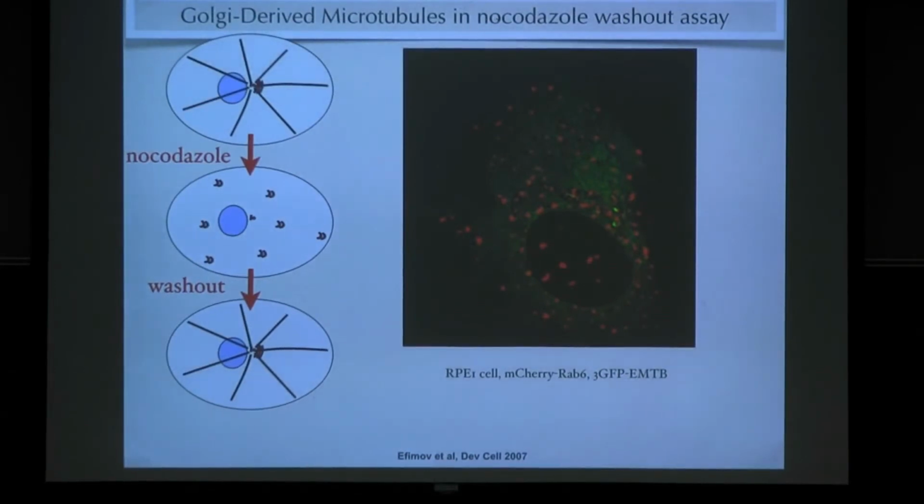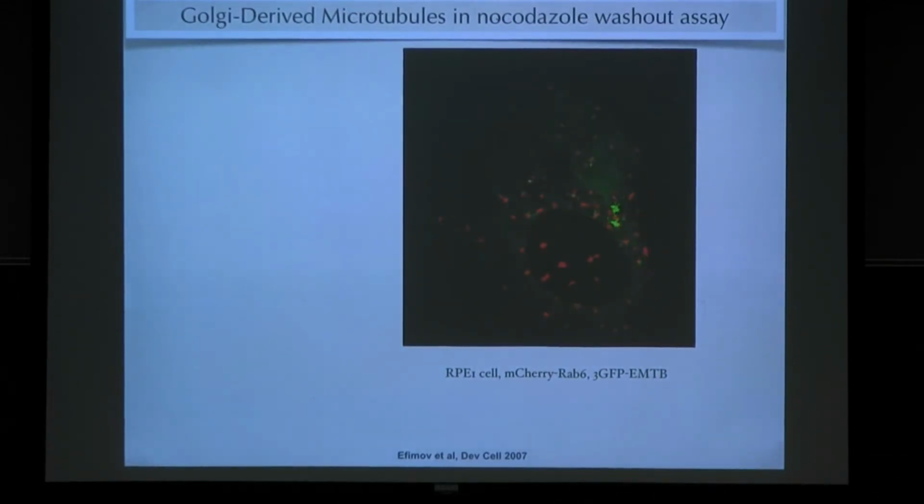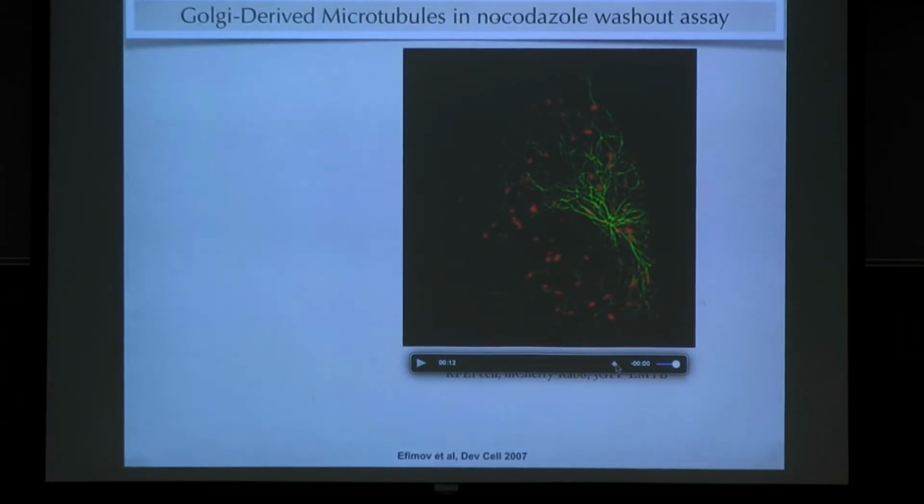In order to analyze the geometry of microtubule nucleation, we use the nocodazole washout assay, which is an assay where we depolymerize all microtubules using a small molecule, nocodazole. There are no microtubules in a nocodazole-treated cell, and the Golgi apparatus is fragmented because it depends on microtubule integrity. So these red dots in that cell that you can see are pieces of the Golgi. When we wash the nocodazole off, microtubules grow back, and hopefully you can appreciate two big asters growing from the centrosome of the cell, and then a big number of smaller asters that grow from these small pieces of the Golgi, like